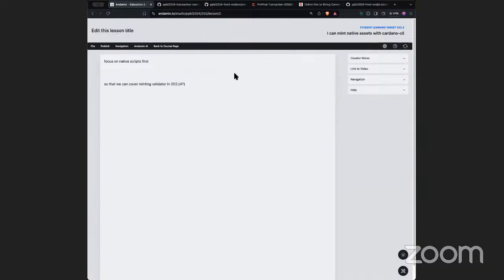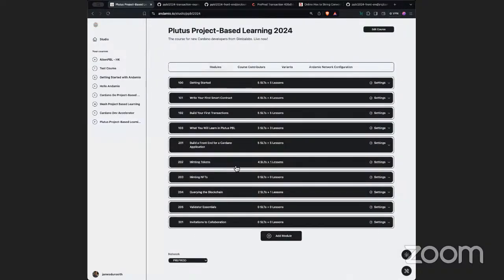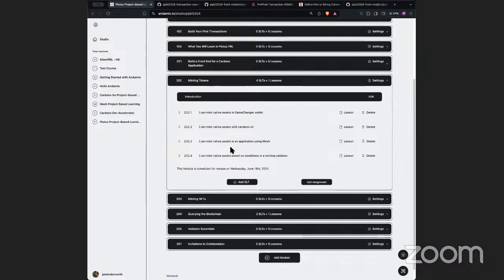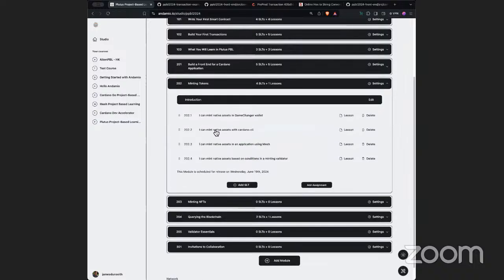Cool. So yeah, now this, I could see this. All right, quick. Get your hands on some assets. By the way, Game Changer allows you to add images to those assets so you have full-fledged CNFTs. That's really cool. Excellent. Here's how to programmatically mint native assets with Cardano CLI